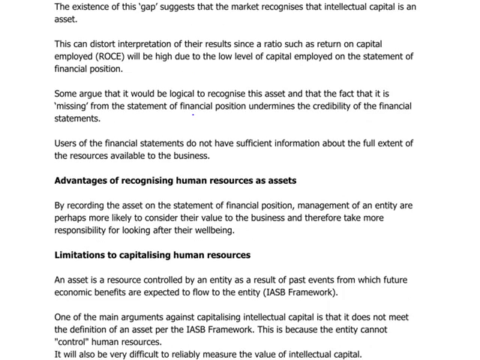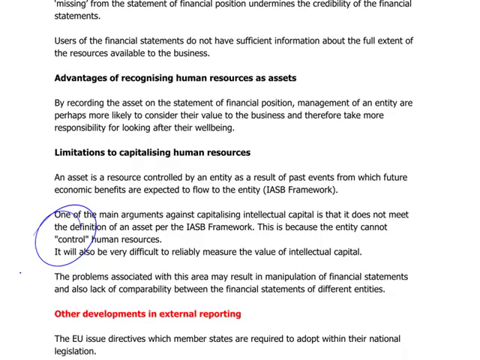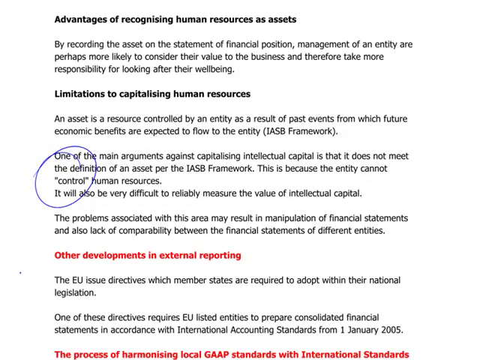However, the limitation is that we do not meet the framework definition of an asset, because human beings are not controlled by the entities. So in effect, you're not recognizing human capital. However, that creates controversy, and there is a gap between the value of these service companies and, as I said, what is valued on paper, because they don't have many non-current assets and so on.